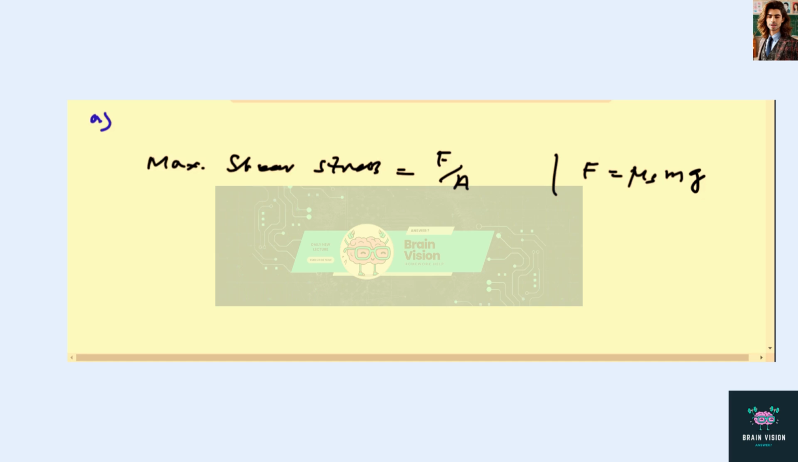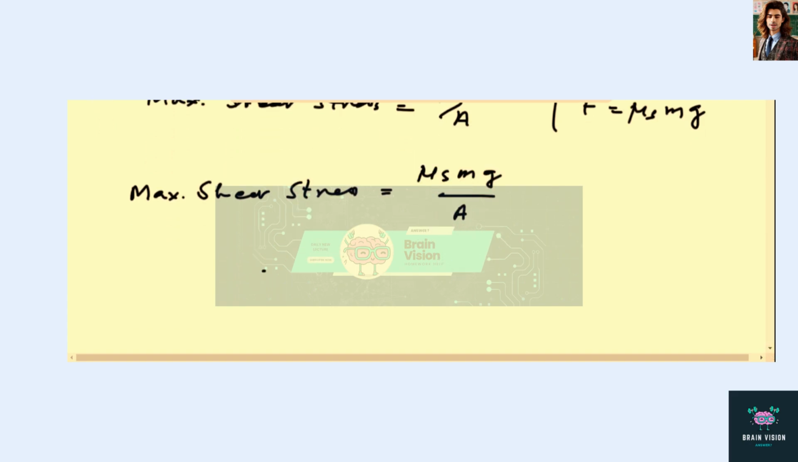So from here we can write this as the maximum shear stress. So this is equal to mu s mg divided by A. By inserting values into this equation we can write here, this left side will be equal to 0.91 into m, which is equal to 7.2 multiplied by 10 raised to power minus 2 kg